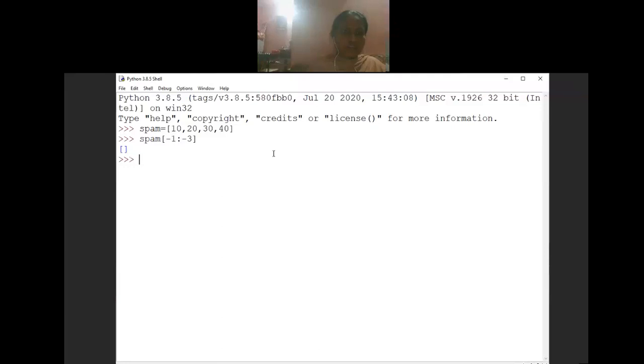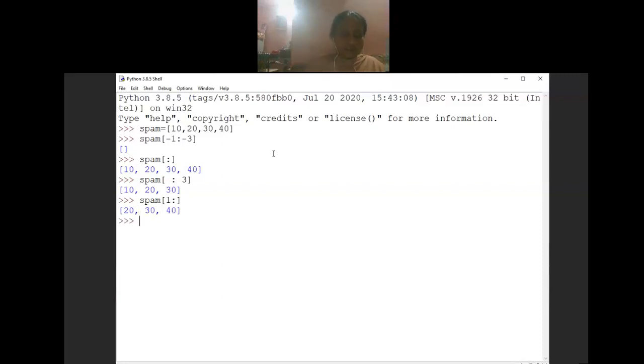So it will give an empty list. Spam colon, everything will be considered. In another example I have given the first index, but I have not given the second. So these are some of the examples.